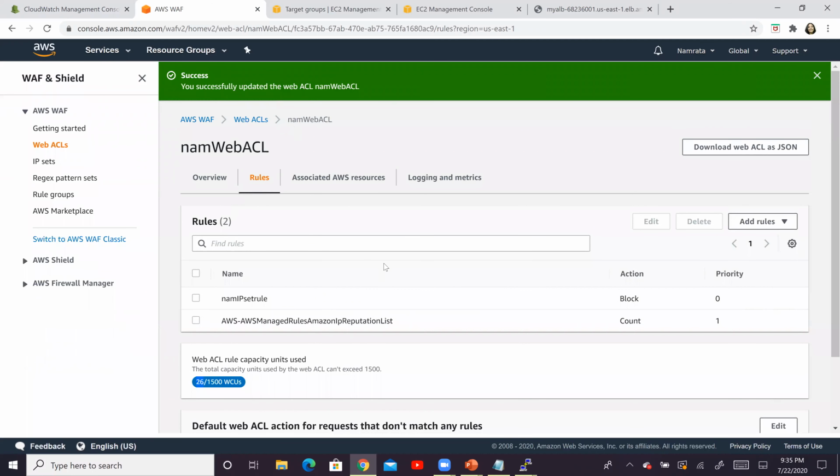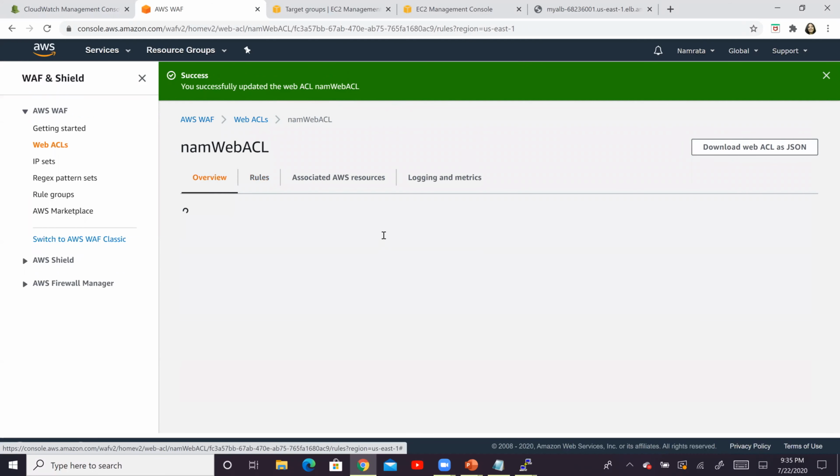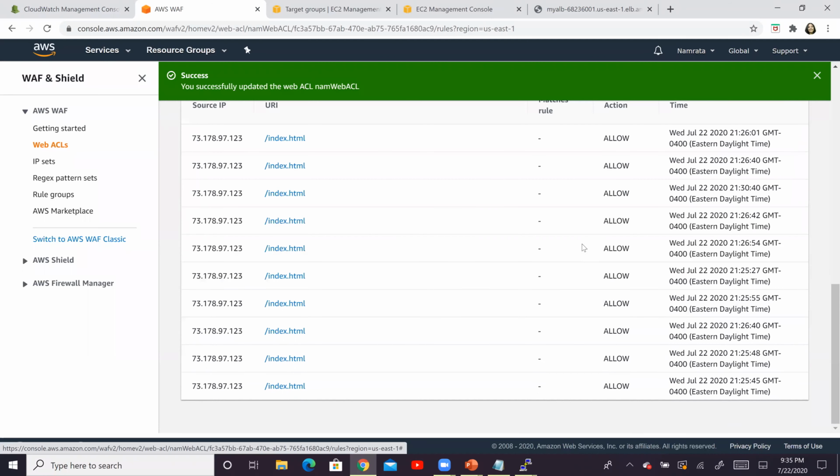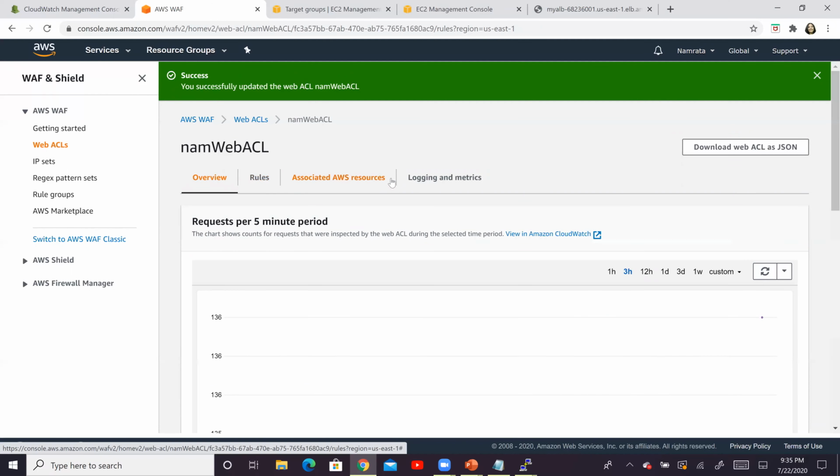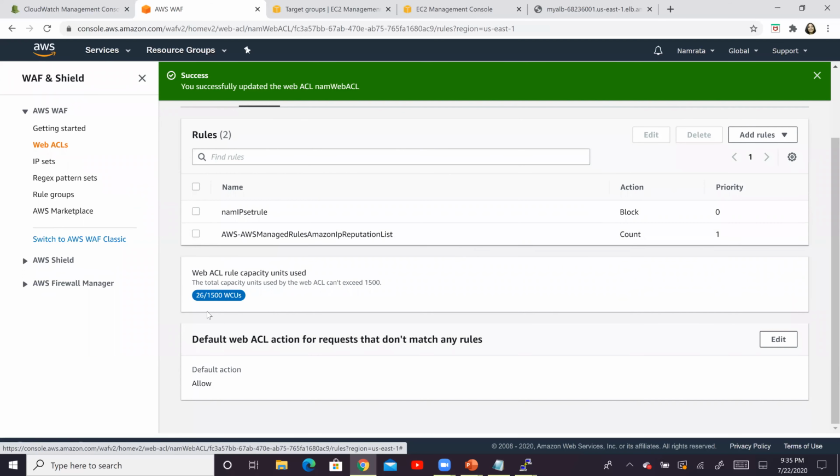Okay, so now let's go back to our ACL. And over here, if I'm not wrong, let's see, where did that go? Did it go to rules? Oh, there it is. Under rules, sorry. So here we have to figure out what we want to do with the default action for the web ACL if none of the rules match. If none of the rules match, that means the request is not coming from my IP address, nor is it coming from one of the bots or the threats.